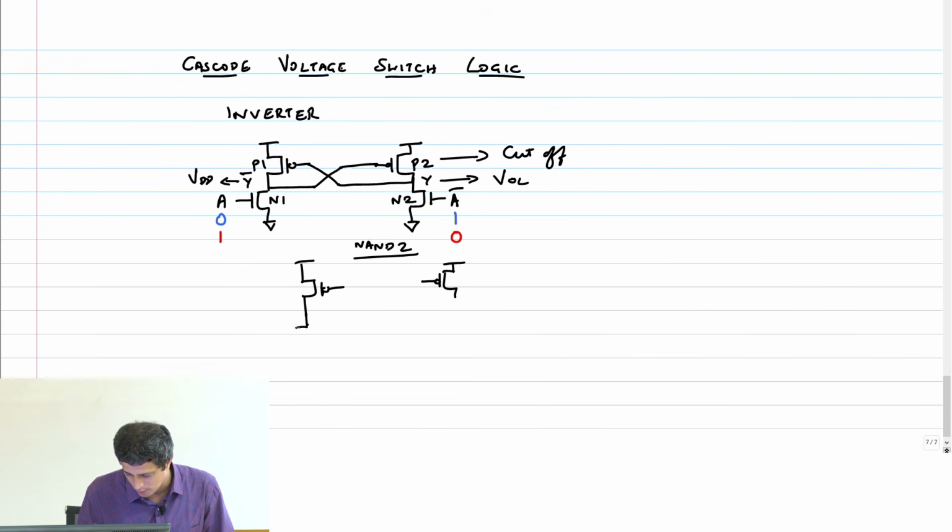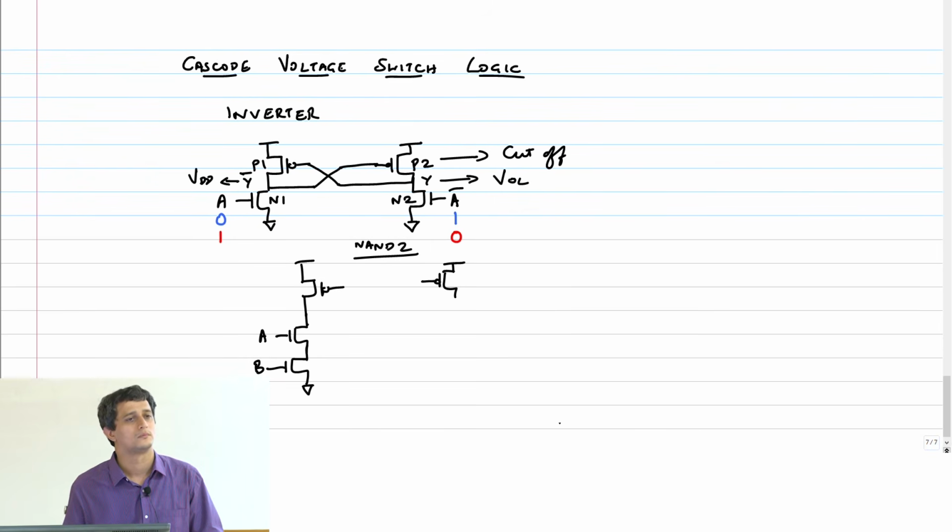So normally my pseudo NMOS implementation would be like this. This is a NAND 2, A, B. What should I implement on the other side? Yeah? B? No, I can't hear you. AB?